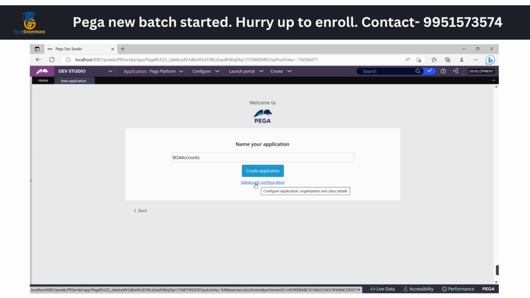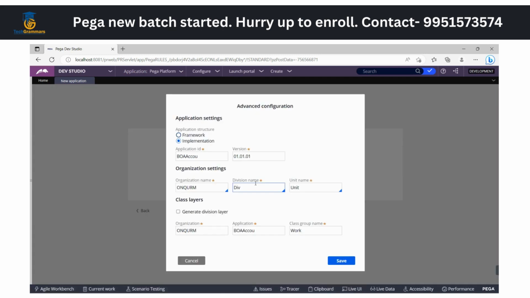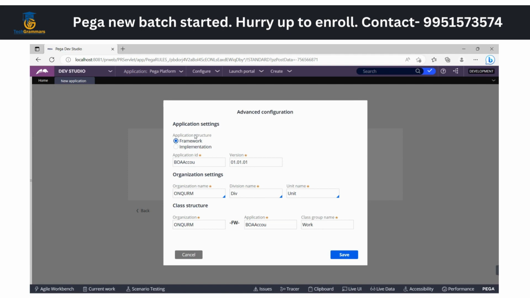Okay, so I am going into the advanced configs, where we will be having the implementation as well as the framework. Now, as we are creating this framework application, see here, this is nothing but the application ID. Application ID. Okay. Now see here. Application ID. We can say